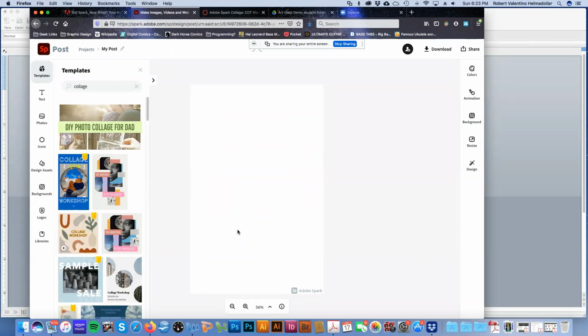You can see that Spark does come loaded up with a bunch of different templates. These are kind of cool because you can replace any image or text that are in these. But I wanted to make a simple photo collage and have kind of maximum control over what I was doing without having to deal with a lot of other people's text. So what I did